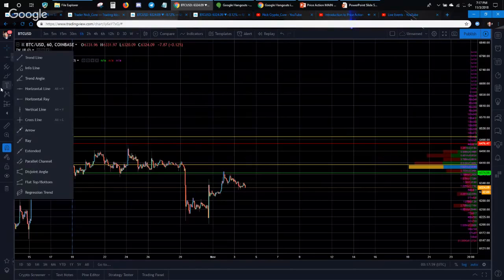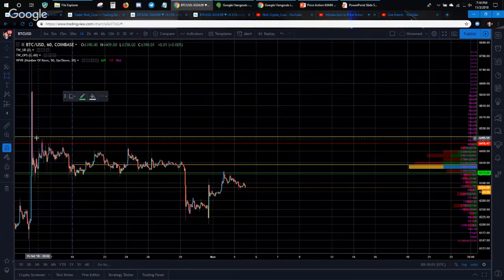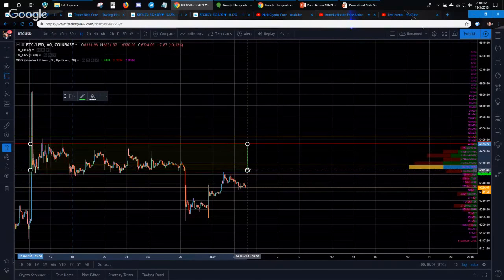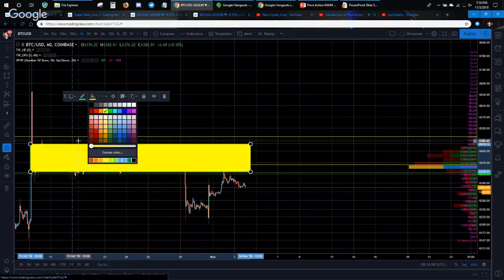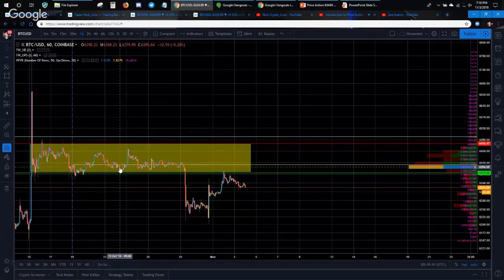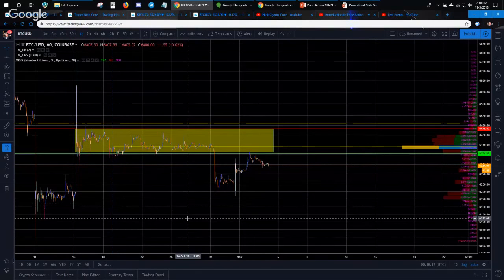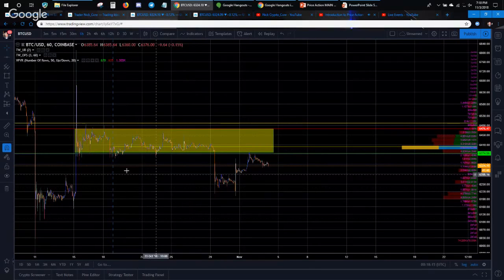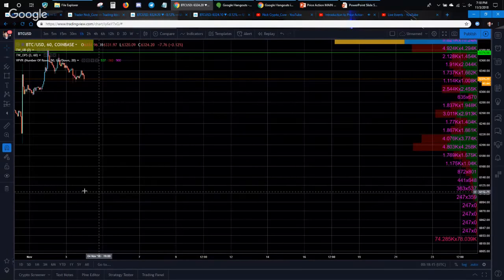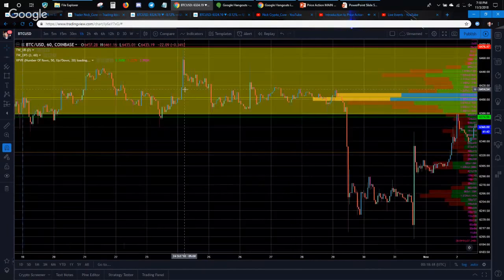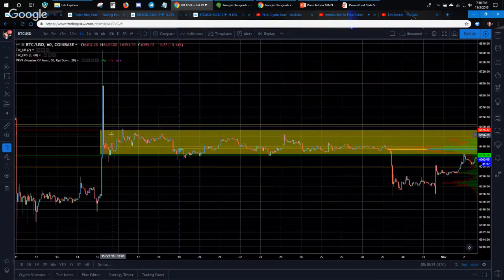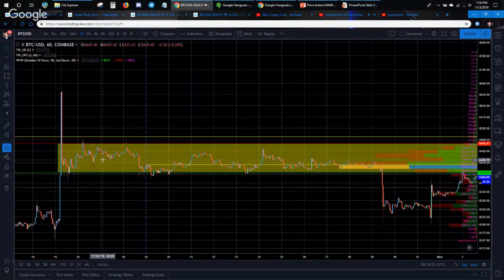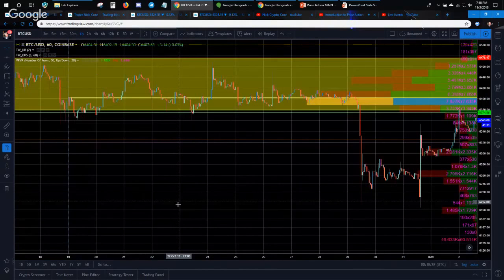And we'll put a little box here that way it makes it a little bit easier for you guys. But when you're first starting out technical analysis, turn it into zones like so. It'll make it a lot easier than trying to find the multiple support and resistance levels, because as you can see, there are quite a bit of resistance levels. I mean, it's mainly along this area right here and up top, but there's also support here, which ended up turning into resistance. So it's best to use zones,